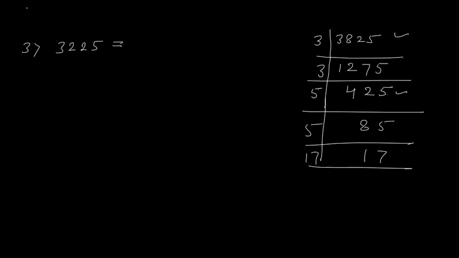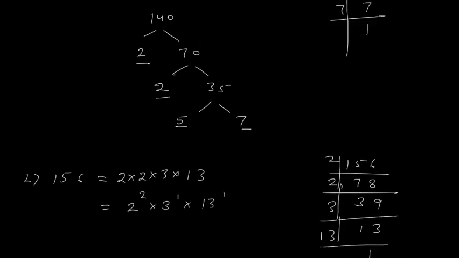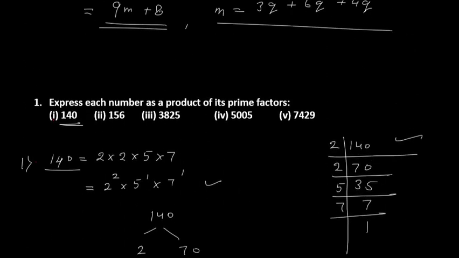So this 3825 we can write as 3 power 2 into 5 power 2 into 17 power 1. Okay, this is the third problem. Fourth is 5005. Fourth problem is